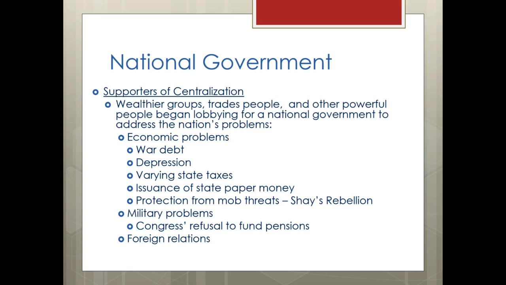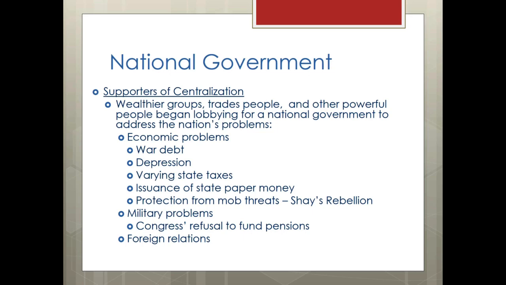Economic in that there were war debts, there was depression, there were varying state taxes, the issuance of state paper money. And for the most part, states would issue their own money, but the value of that money in another state was very uncertain. So if Pennsylvania issued currency in the terms of paper, and you took that paper currency to Illinois, for example, or I guess at that time maybe Georgia, since Illinois was not a state yet, you took it to Georgia. In Georgia, the banks or the merchants to whom you tried to give it would look